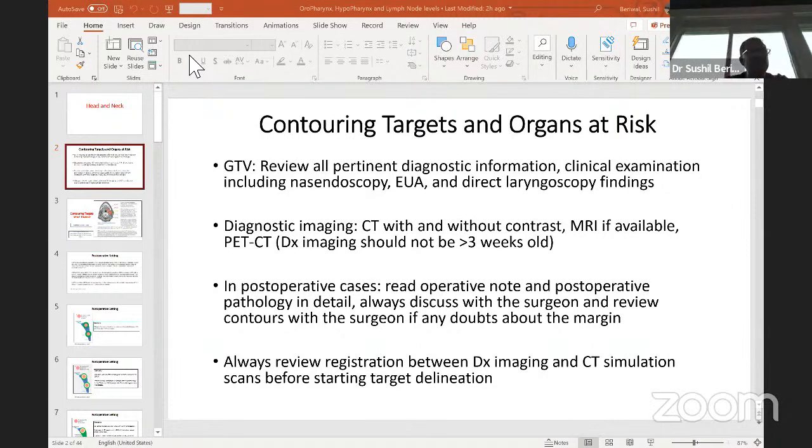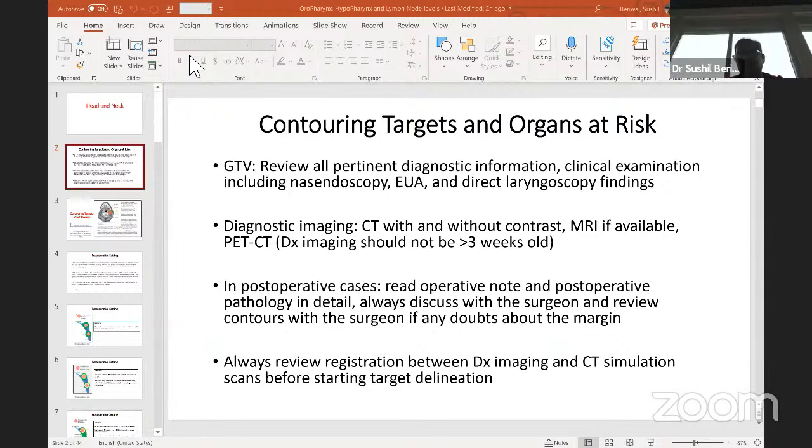So when you are defining CTV, the highest risk CTV for head and neck cancer, how much margin do you give from GTV to CTV? So please answer in the chat so I understand where we stand, and so we can go through these questions as we go through it. So how much margin from GTV to CTV for the 70 gray volume? That's the first question. Just be interactive and answer in the question and answer session.